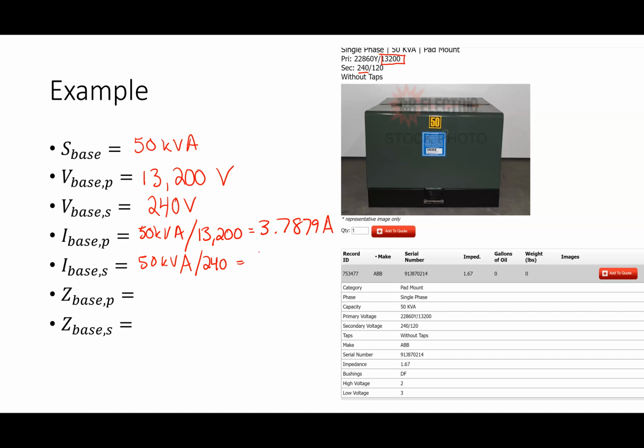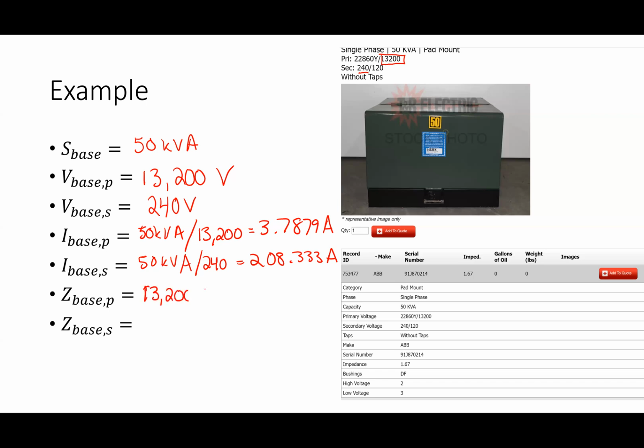And this guy's going to be a lot, 208.333 amps. Okay. Now, there's also, I get a base impedance value. How do you think I'm going to calculate the base impedance value? Yeah, V base over I base. So I'm going to say, on the primary side, I would have